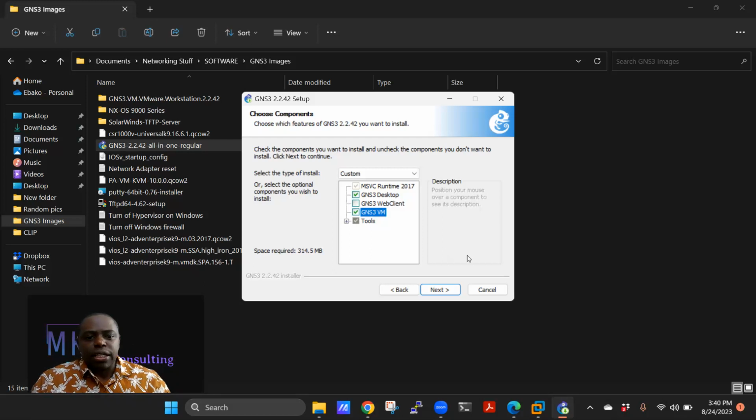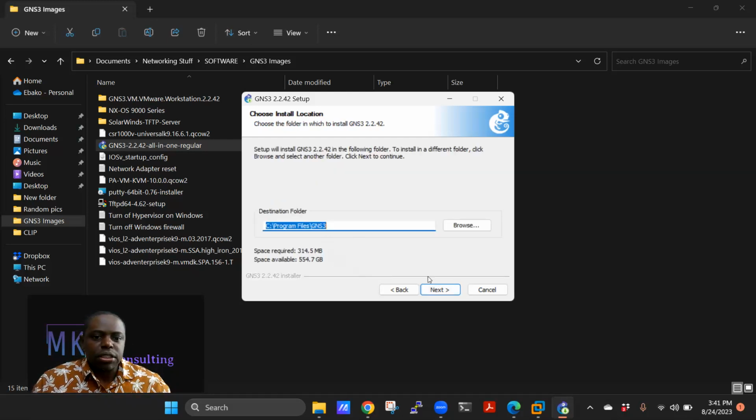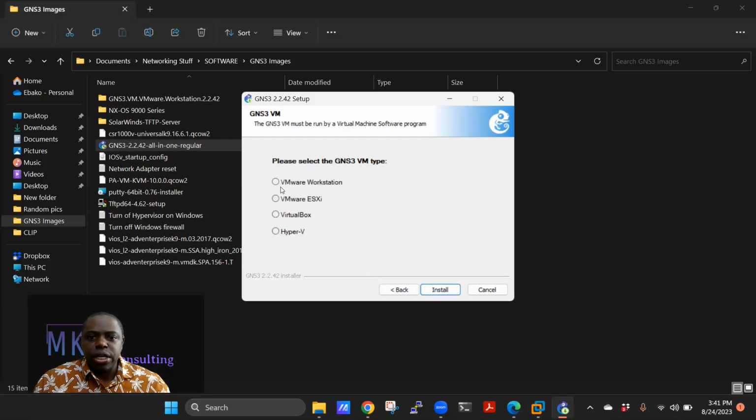So I'm going to check that and click next. When I click next, it's going to start the process to download the software. Here we're going to choose VM Workstation. Again, if you're using VM Player, VM whatever, choose the first option, unless you have a